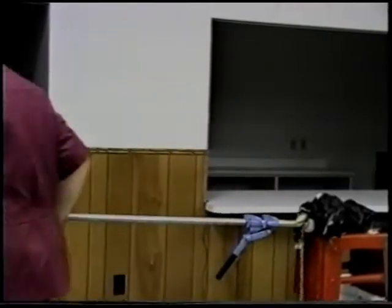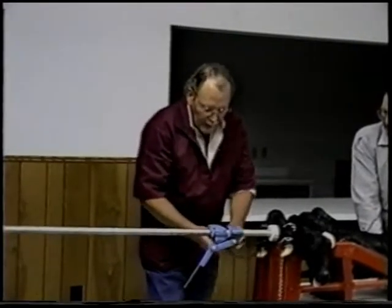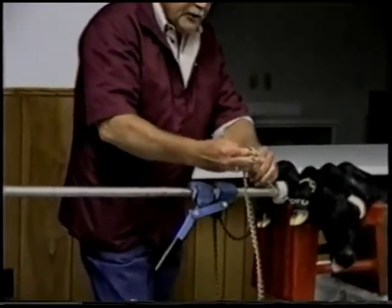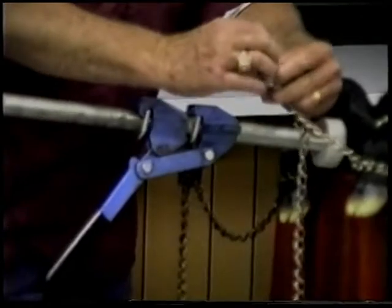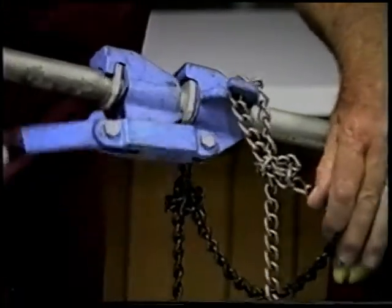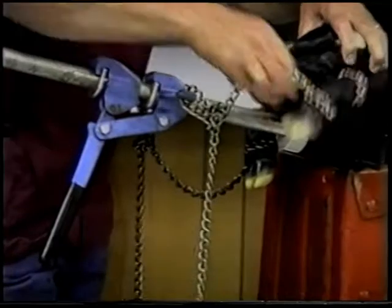And let me swap sides here. All right. So I'm going to put one chain on one hook and one chain on the other. Now what direction do we need this bar, this handle? Where do we need it? Do we need it level to the ground? Got to have it up. Got to be going upward with this at all times. All right, so it's going upward. And if she lays down, you got to make sure it's coming upward. So now I start ratcheting this,